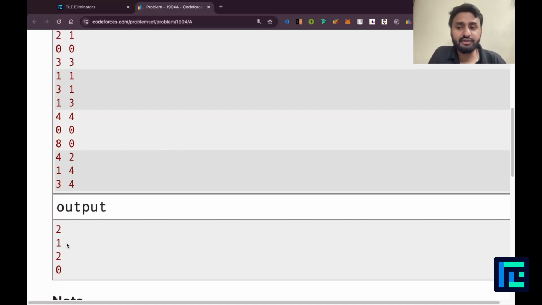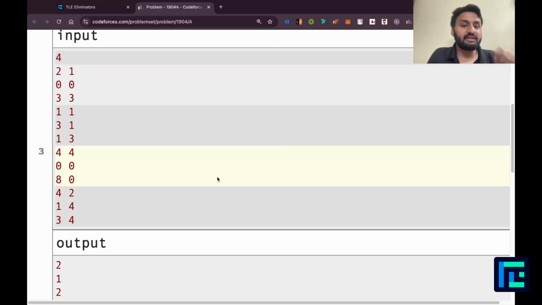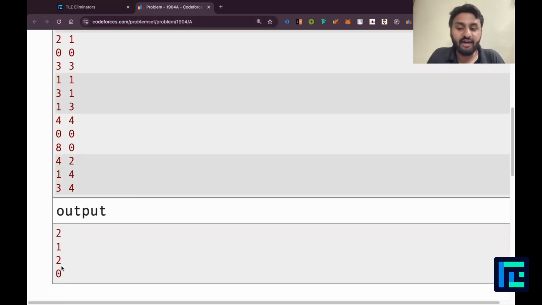That means there is only 1 position. For this, only 2 positions. And for this, only 0 positions, as in no positions available. The knight cannot attack from any position on the infinite chessboard both the king and queen together. Alright, maybe it attacks the king or the queen, but I want both of them to be attacked. That's not possible for the last case, so they have reported the answer as 0. So now you can pause the video and maybe draw these test cases on your own. Maybe use a pen and paper, draw a chessboard and see, and maybe try to cross verify if you're able to find these 2 positions or this 1 position from which you think that the king and queen are being